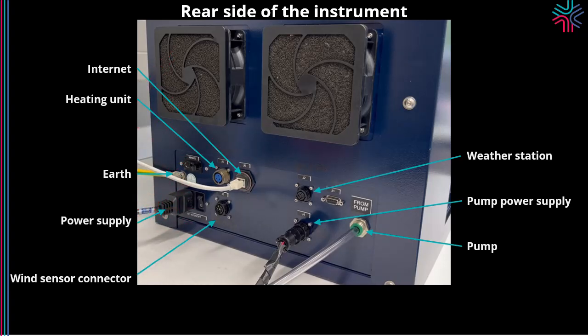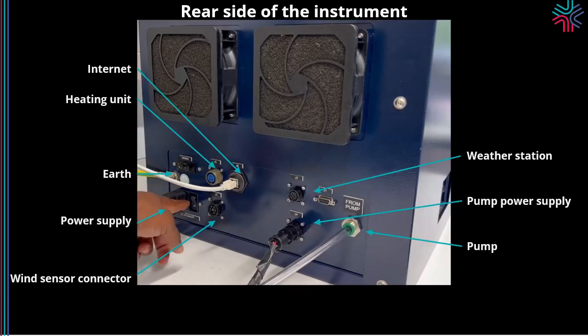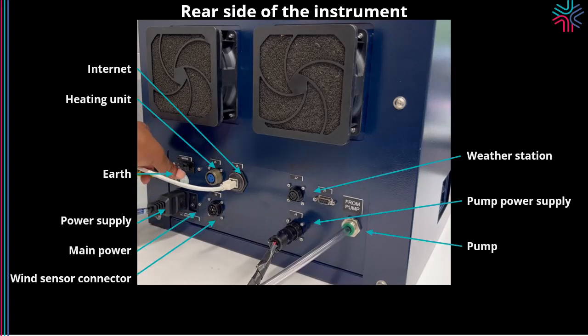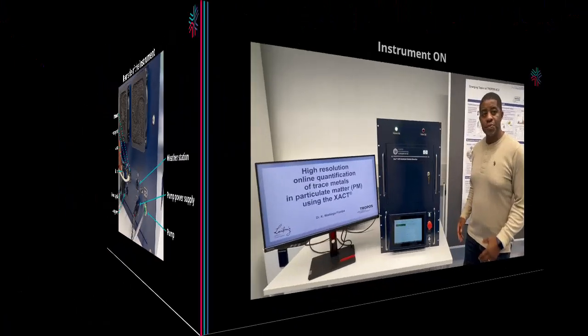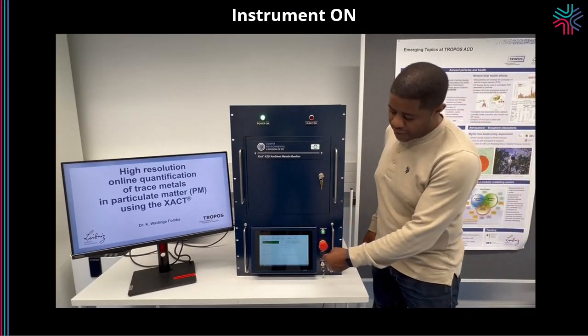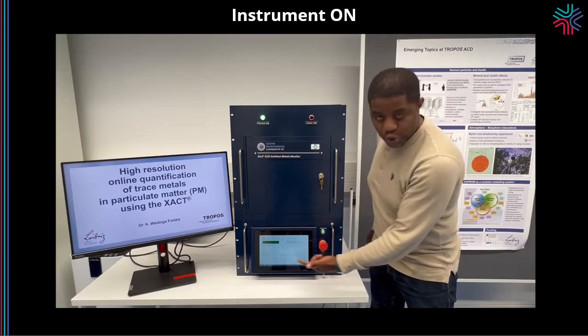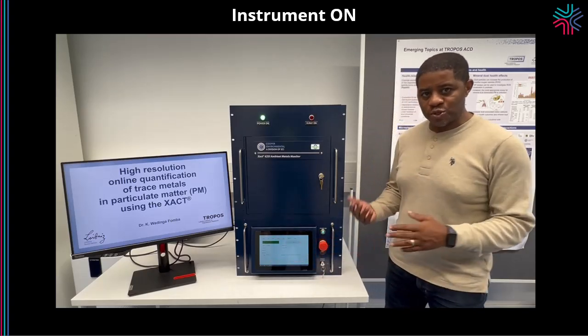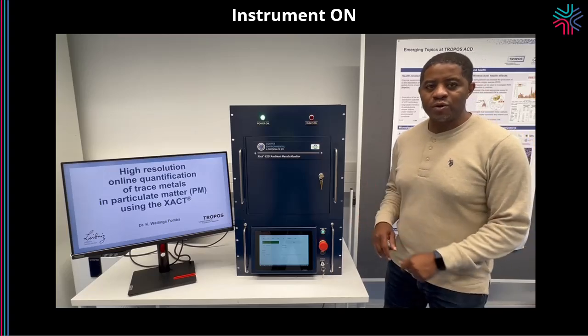There is a procedure how to switch on the instrument. You need to make sure that you first switch on the main power, and then when you switch on the mains, the instrument starts. Now we have switched on the instrument, you switch on the software, and then you have the control unit of the software. To have a better look into it, we'll switch to TeamViewer, where I can give you a better overview.